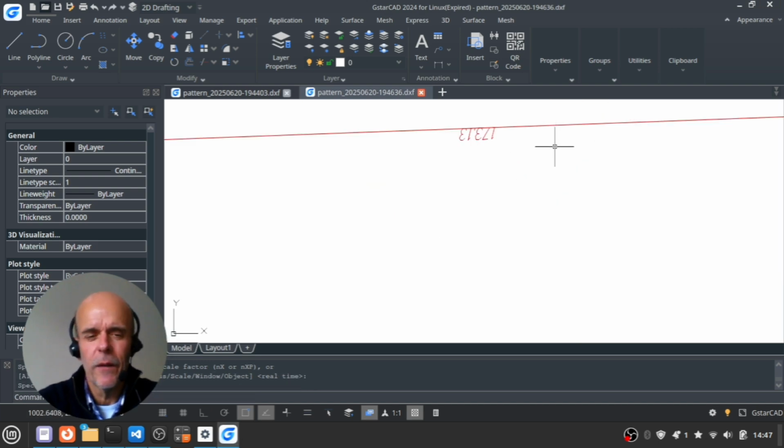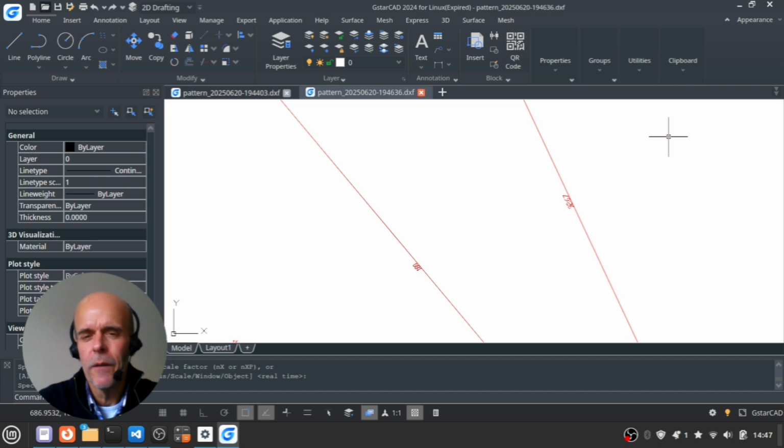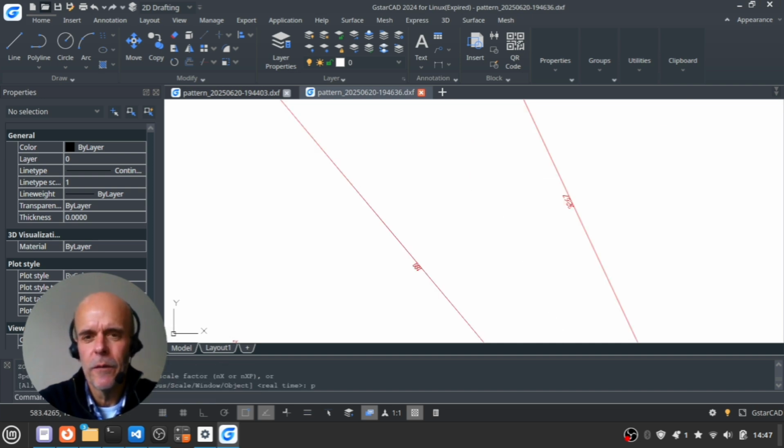So here we have 173, almost plane. Have two angles here. 92,